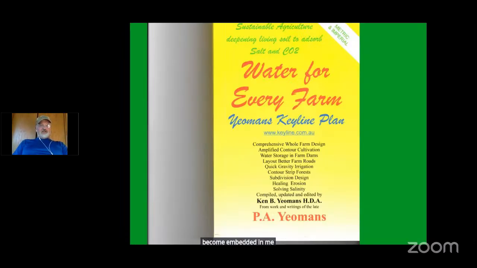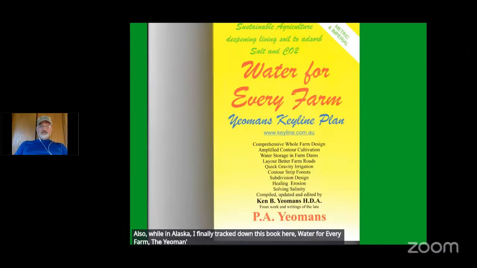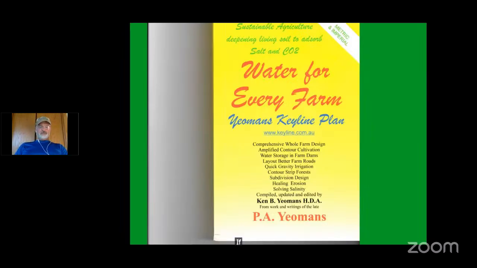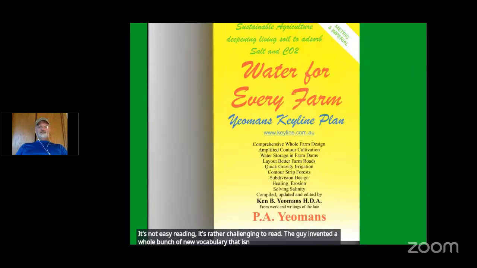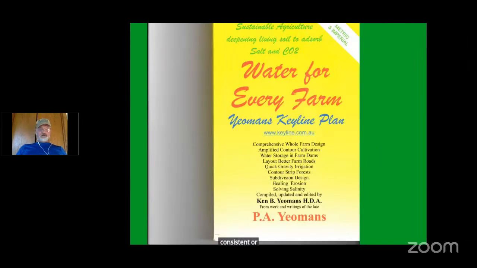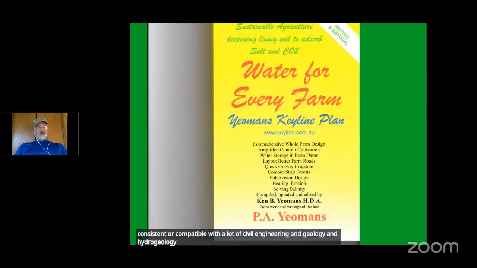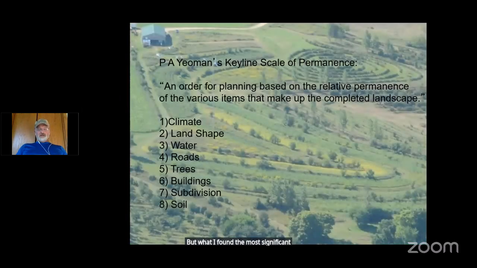Also, while in Alaska, I finally tracked down this book here, Water for Every Farm, the Yeoman's Keyline Plan. It's easily available from Acres USA. If you want to get it these days, it's pretty easy to get. It's not easy reading. It's rather challenging to read. The guy invented a whole bunch of new vocabulary that isn't consistent or compatible with a lot of civil engineering and geology and hydrogeology. But what I found the most significant out of that book was this little